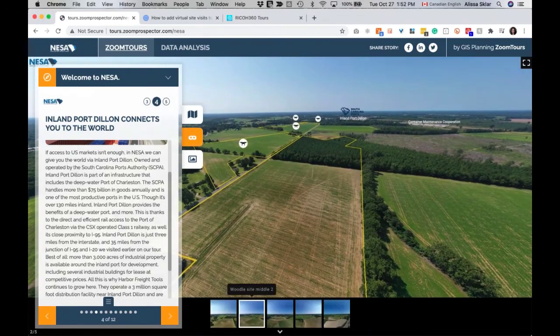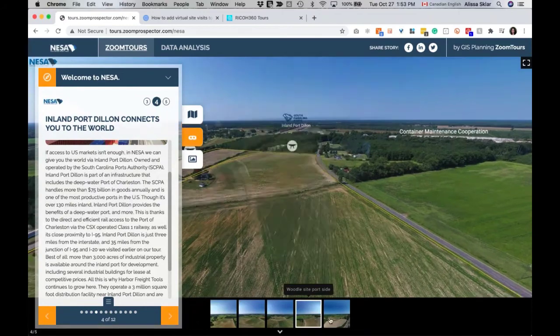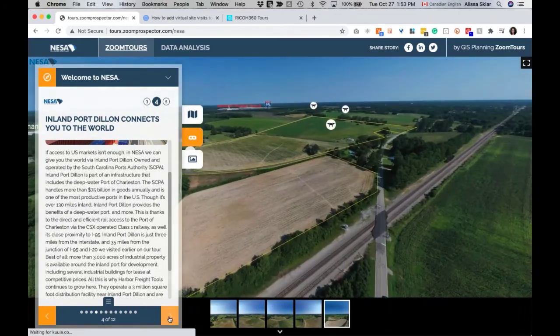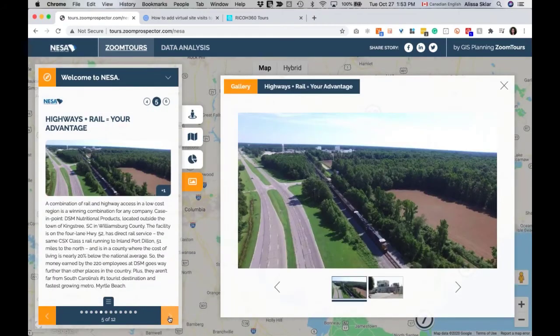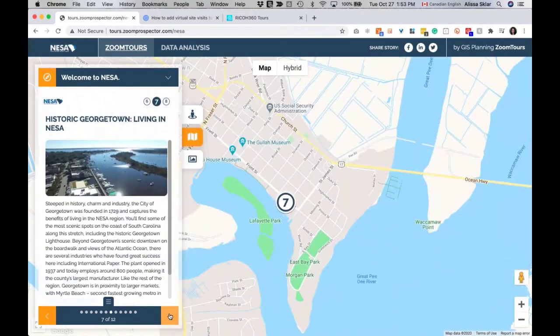There's lots of images that you can scroll through that take you through what the property actually looks like. Let's move over to the next one. So we want to show something about interstate and rail. We want to show people the whole quality of life element of there that lets us see what this looks like. Gives us another sense of what it might be like to live in the